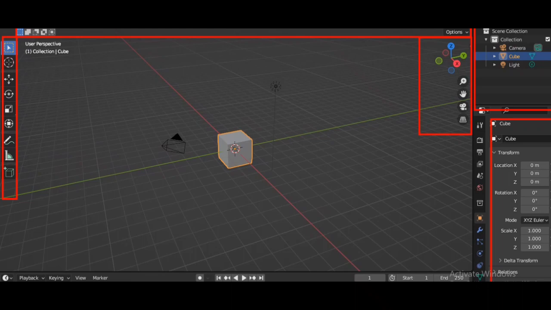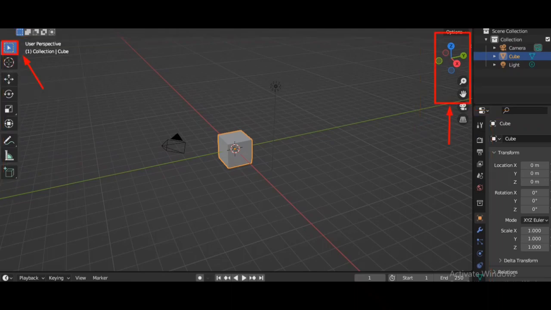So firstly we can learn this area that I underlined. So firstly we can learn these sides,